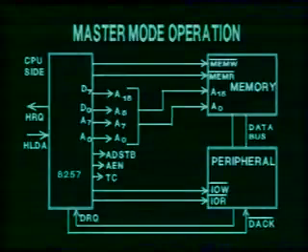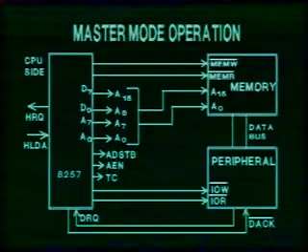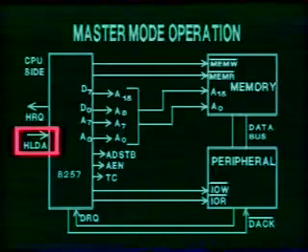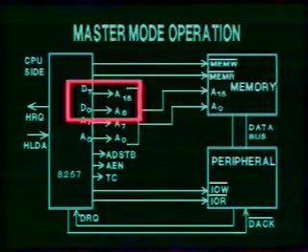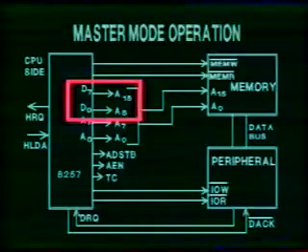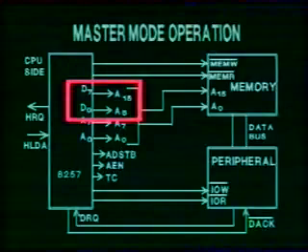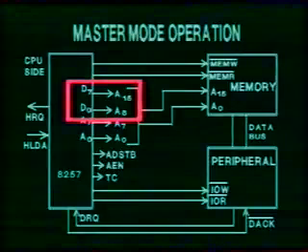You are now looking at the connection diagram when 8257 is working in a master mode operation. The master mode starts whenever the DMA controller gives a hold signal to the CPU and receives a hold acknowledge from the CPU. Once the master mode operation starts, the data lines D0 to D7 are used to transfer the higher 8 bits of the address lines. In other words, D0 takes the place of A8, D1 gets A9 and so on